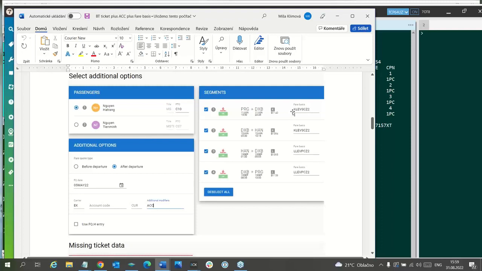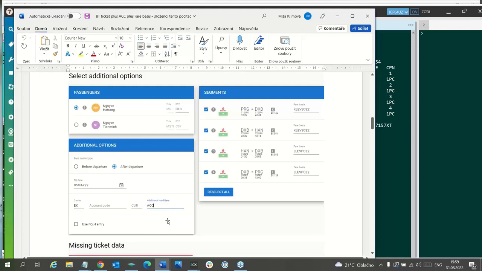So here is some fare basis K, L, E, V, S, C, Z, 2, and here L, L, E, V, P, C, Z, 2. So here are the fare bases, and what is also very important, this ACC must be in the additional modifier field.